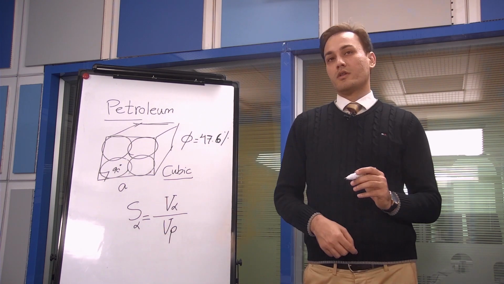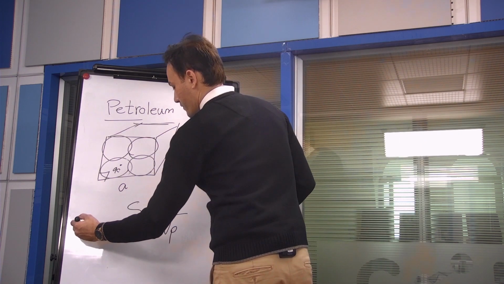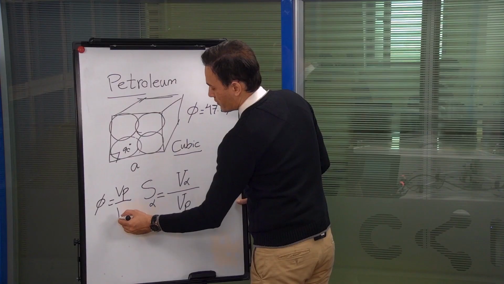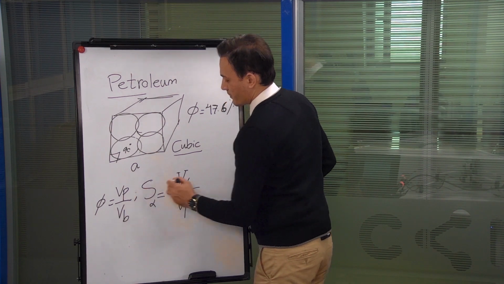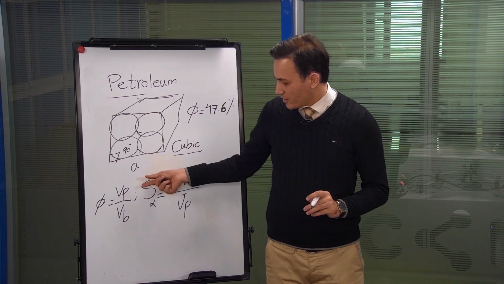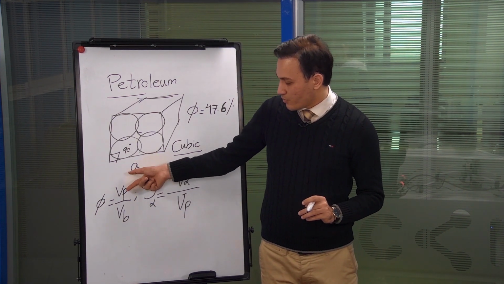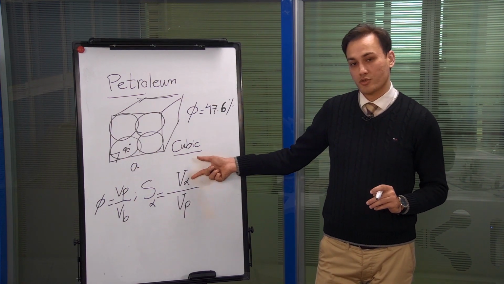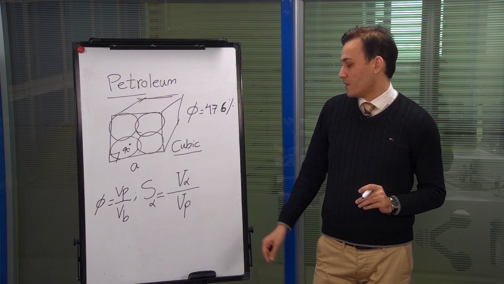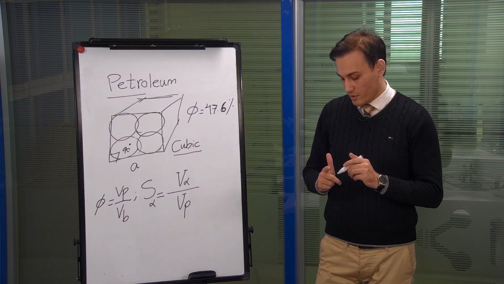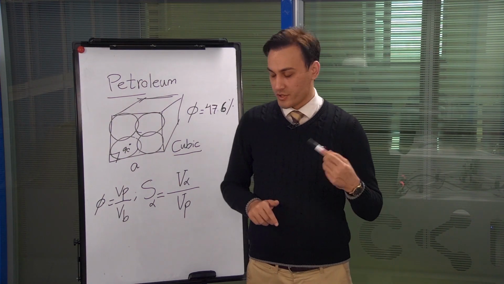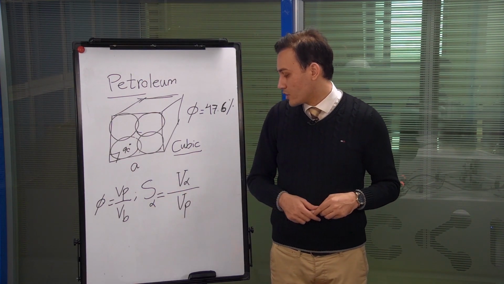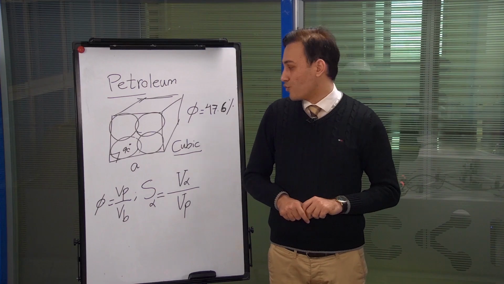Now, if you remember, the porosity had the formula of pore volume over bulk volume. So you see it is specifying the pore out of this bulk, and the saturation is showing a specific volume over the pore volume. So it can be the saturation for oil, it can be saturation for gas and water. Generally, saturation for water